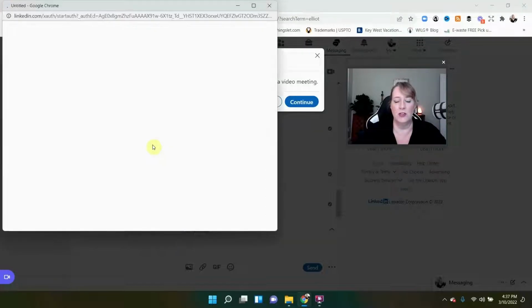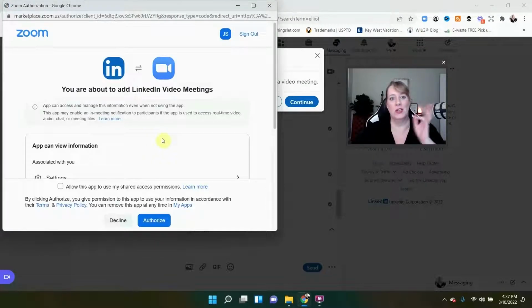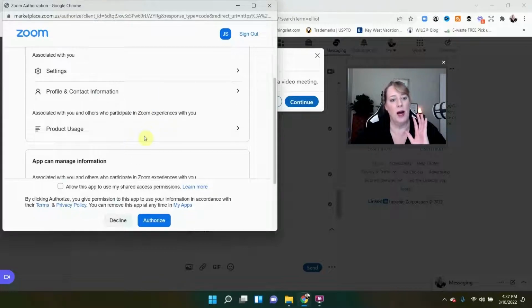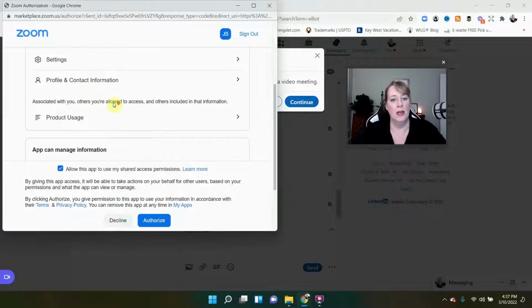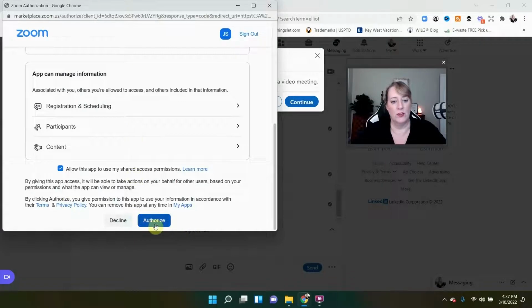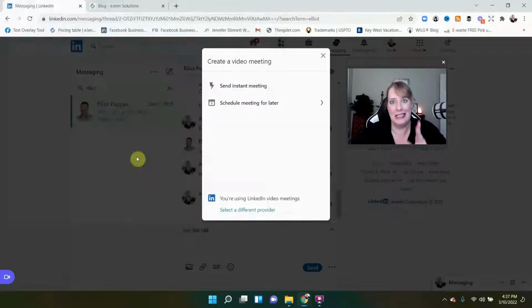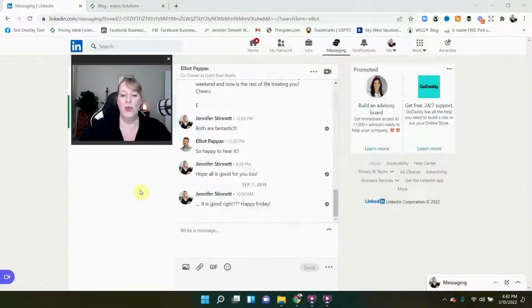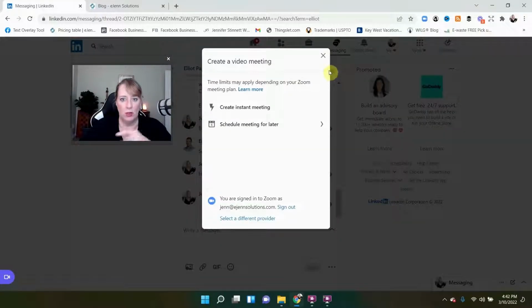Yes, we're going to sign into Zoom. I'm already signed into Zoom, so it's going to give me this little pop-up here that is going to allow me all these different things. So now we want to authorize LinkedIn and Zoom together, and that's all you need to do. Okay, so now that you have it all connected, we're going to have to go back and do it again. You might need to refresh your page in order for this to set up and take, but in this case, we're going to go ahead and click it.